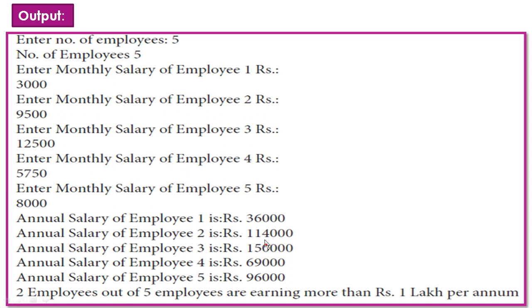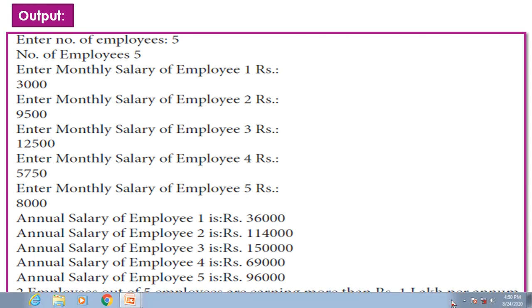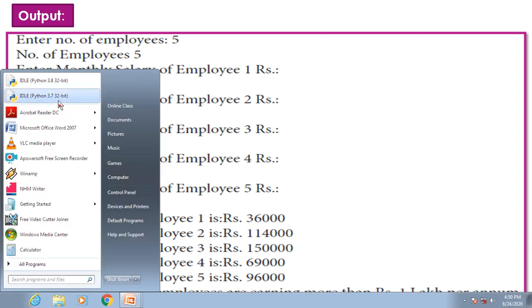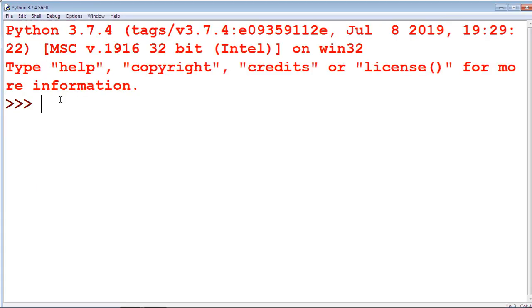That is, here 2 employees are greater than 1 lakh. The second and third employees are getting a salary greater than 1 lakh. So 2 employees out of 5 employees are earning more than 1 lakh annual income. Now checking this program by using the